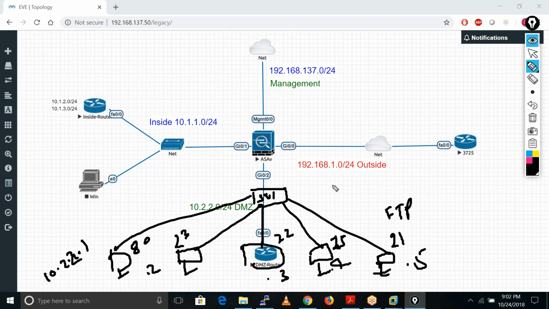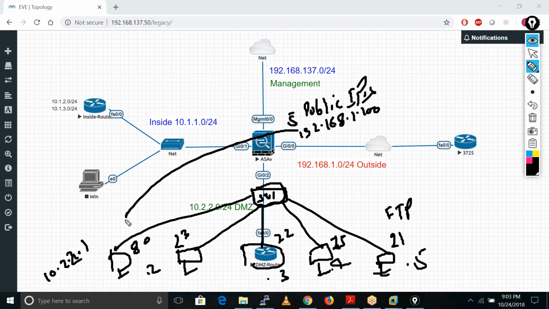Okay, now if I want to publicly host these servers, I need at least 5 public IPs in the case of static NAT. Let's suppose I have this IP address, 192.168.1.100.